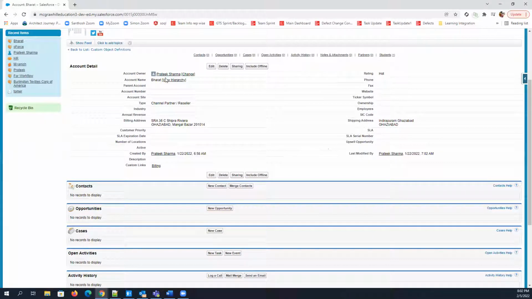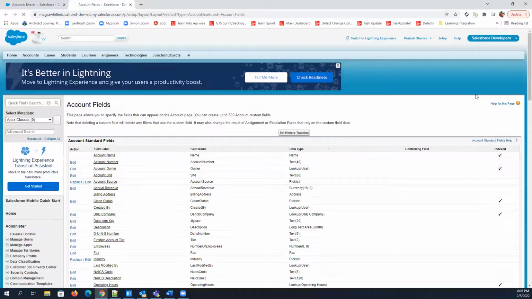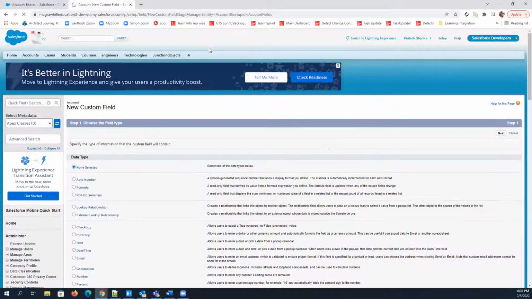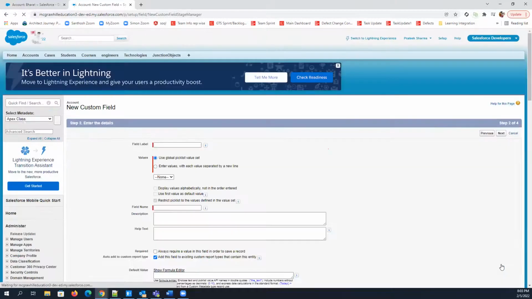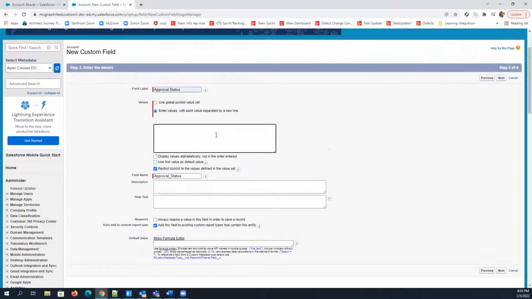So what I'm going to do is create a pick list field here just to show the exact status of that record approval. Let me just quickly create a field here. Okay, new custom field. And it should be pick list. Status, let's use some values.